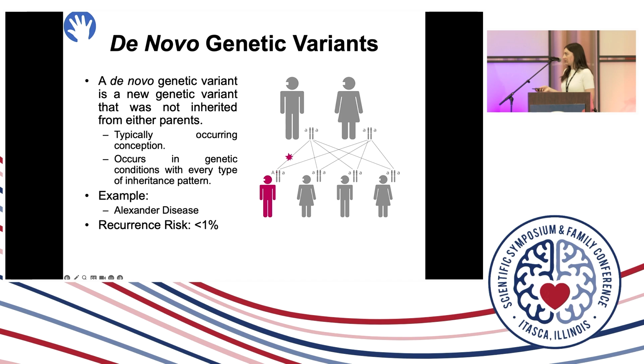An example of a de novo genetic condition is an infantile form of Alexander disease, where most often we see that there's a child affected and neither of their parents are affected. And for de novo genetic variants, we quote that there is a recurrence risk of 1%. So certainly not as high as the recurrence risk that we've seen for autosomal dominant conditions and autosomal recessive. But we can never quote 0% risk. And the reason why we cannot quote 0% risk,